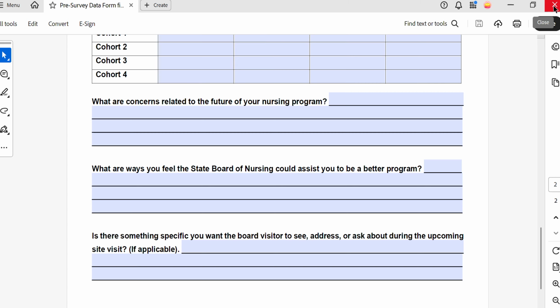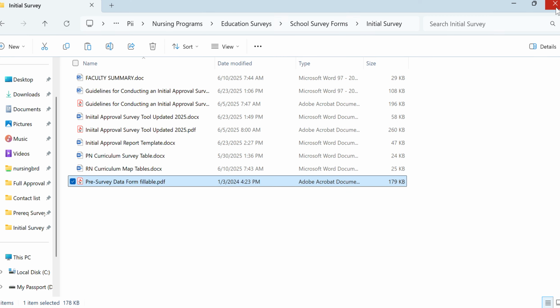Which you will, because this is an initial visit. So the "if applicable" is not applicable to you. All initial visits do have a site visit with it. Initial surveys do have a site visit with it. The next document is